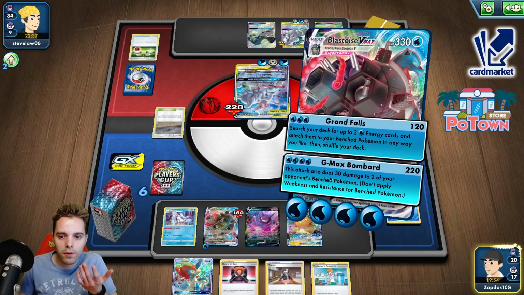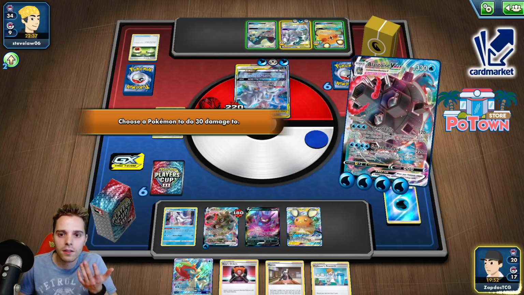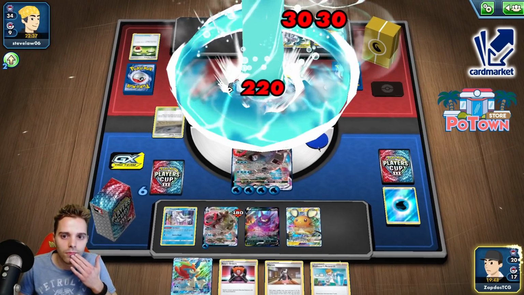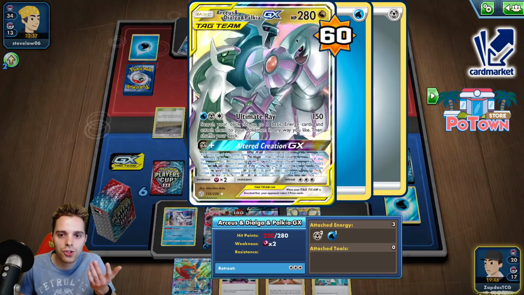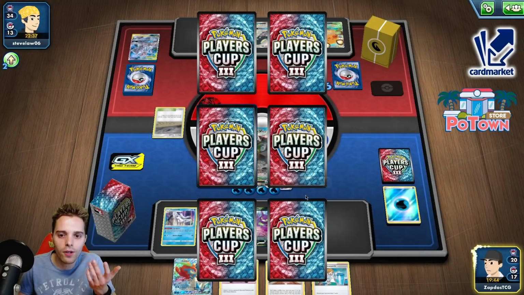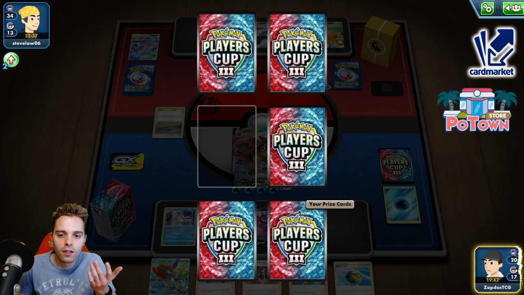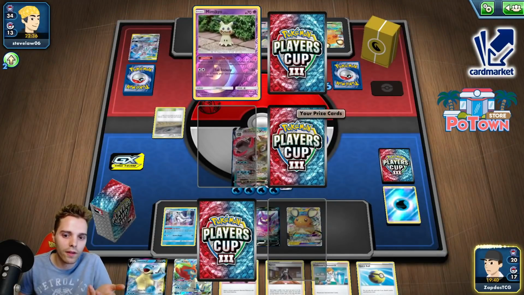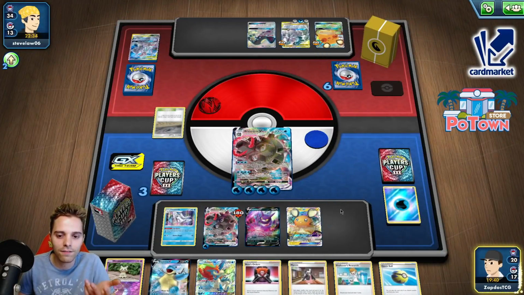So GMAX Bombard. Bam, and these guys are feeling it. Slapping that damage around. And yeah, if he doesn't top deck Big Charm, he's done for, because we do slap 220. He could top deck Boss's Orders and take prize cards, or he cannot. And then we just need to find ourselves